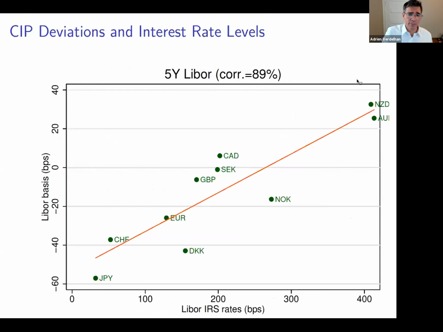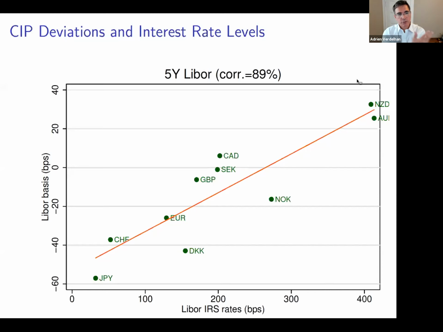If you want to make money on the carry trade, you borrow in Japanese yen and invest in New Zealand dollar and take on the currency risk. On average, you make money because you lose money in bad times. If you want to make money out of the CIP deviation, it's the opposite. Instead of borrowing in yen, you lend in yen and borrow in New Zealand dollar and then hedge the currency risk. So it's very interesting that you have to take the opposite position, but clearly there is a link between the two. So how can we think about that?